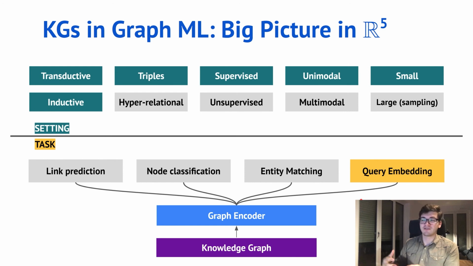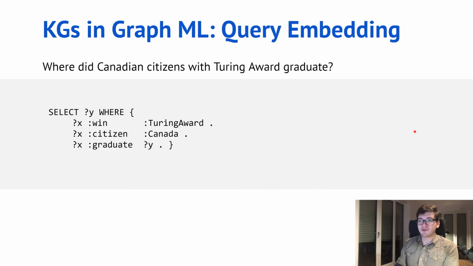So query embedding is a very interesting task. And by design, it has to work in transductive and inductive setups. And so far, it only works in the triples and the supervised setup. So you see, there is a lot of space to extend those models and to move the field a bit further there, because right now they are quite limited. Just transductive and inductive setup, okay, they do cover, but all four other axes are still not that advanced. So query embedding is about answering SPARQL queries,